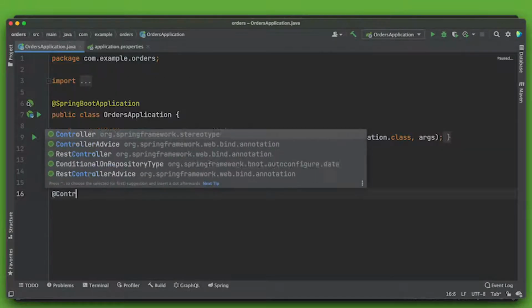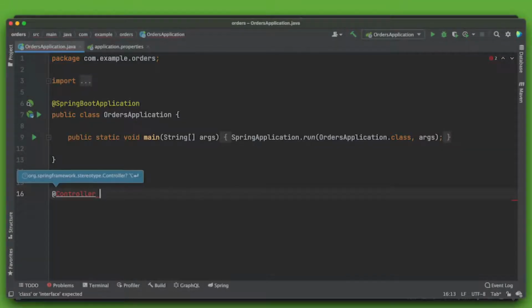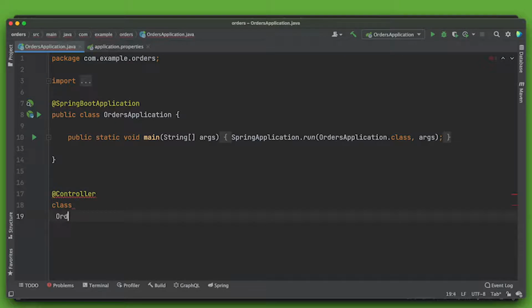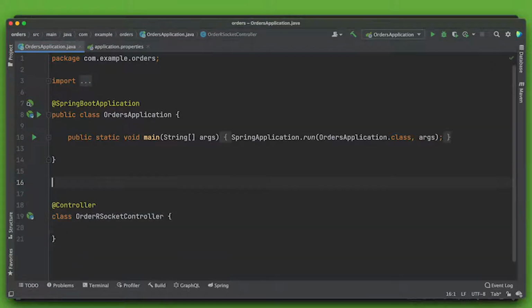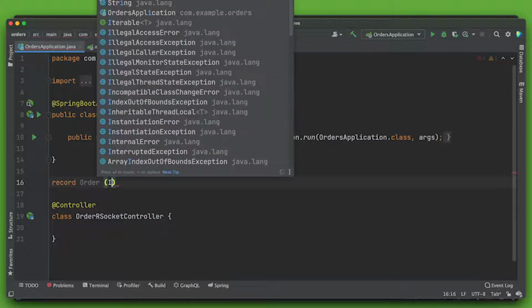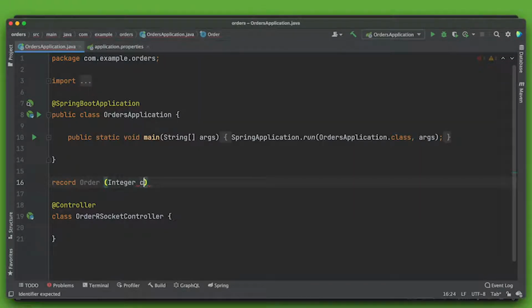And we're going to create a controller here. And the controller is going to be an order RSocket controller. Okay. And we're going to create a record using Java 17 records. And so it'll have two fields: the customer ID, which is the thing to which this in theory belongs, and the ID of the order itself. Okay. And of course, we'll just introduce this RSocket endpoint,